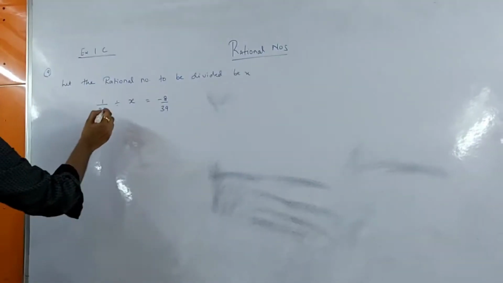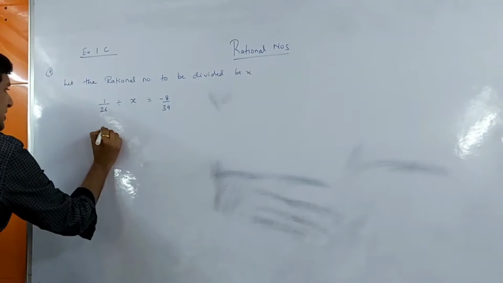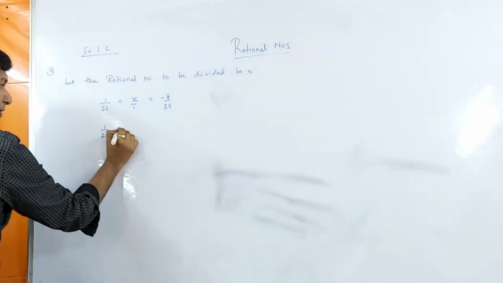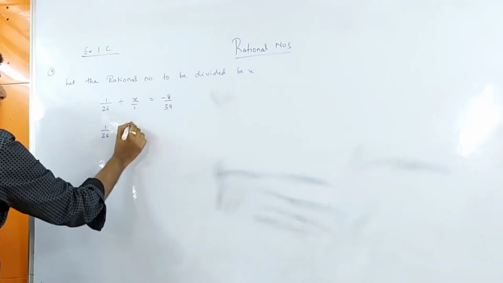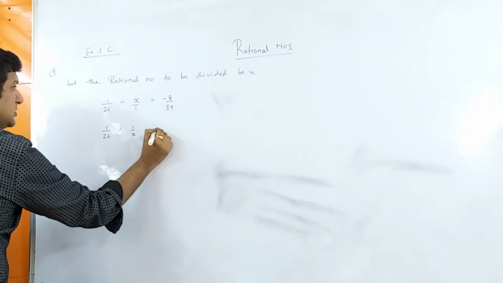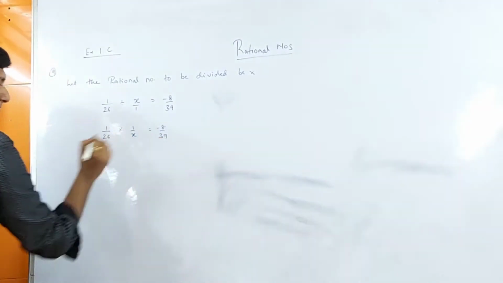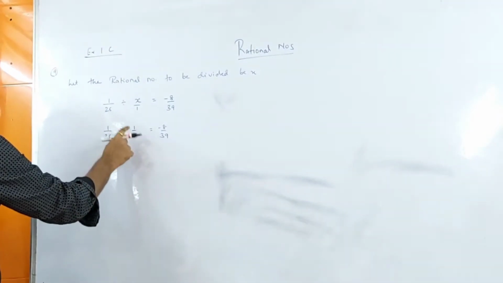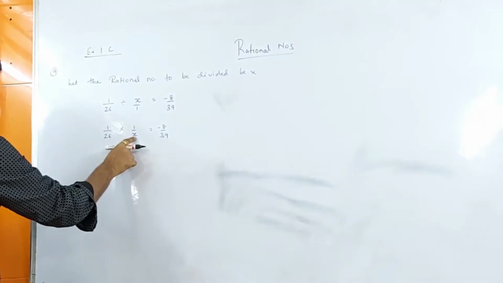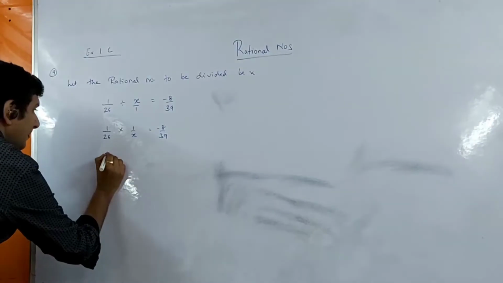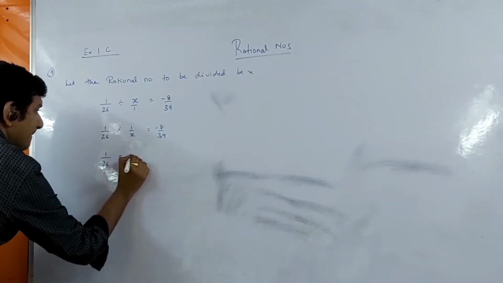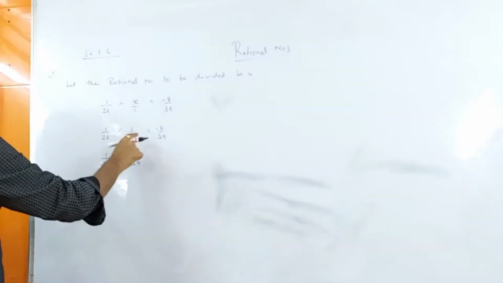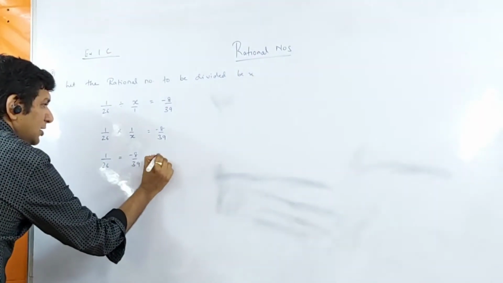So students, I have told you that division is compulsory. You have to first use multiplication. And this x upon 1 will become 1 upon x, which is minus 8 upon 39. So now I have to find the value of x, not 1 upon x. So obviously this x will come here. When changing the side, it is in the denominator, so here it will come in the numerator.